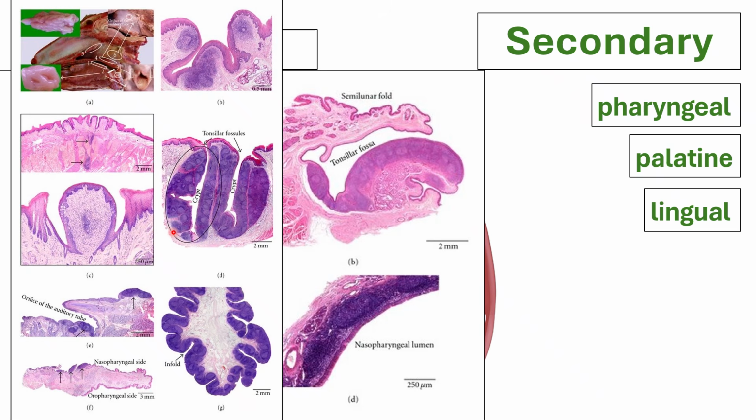Okay. What else? So the problem with this crypt system, even though it is increasing the surface area and the higher chances for the antigens to be caught and neutralized by their lymphoid structures, the drawback is what? There's also the higher chance for food particles to be trapped in here, and sometimes it can form infections. That's why some animals or even humans would have the calcification of these foreign particles, which we termed as your tonsillar stones.